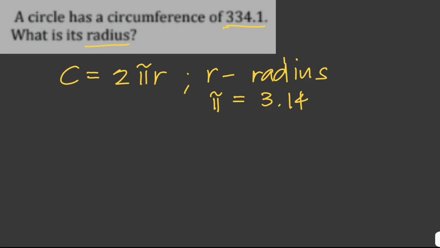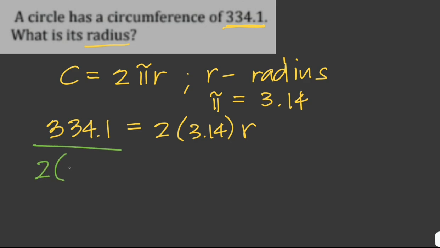Since we are already given the value of the circumference, we just have to plug in that value to the formula. So this is 334.1 equals 2 pi, which is 3.14, times r, and then we divide both sides by 2 times 3.14 to get rid of this,